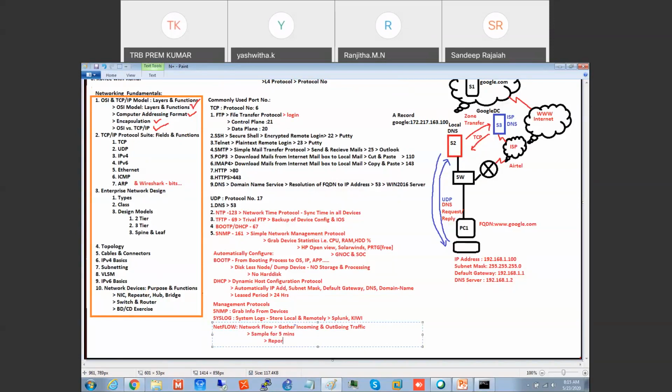A NetFlow report will come. We have a NetFlow collector, NetFlow agent and NetFlow manager, so there is a hierarchy or infrastructure. After the collector has collected for 5 minutes, it creates a report. The report will show the top 10 users, top 10 conversations, and top 10 protocols. So this is called NetFlow. There are many protocols, but the important protocols are SNMP, syslog, and NetFlow. Okay, Ranjit, you got the answer?